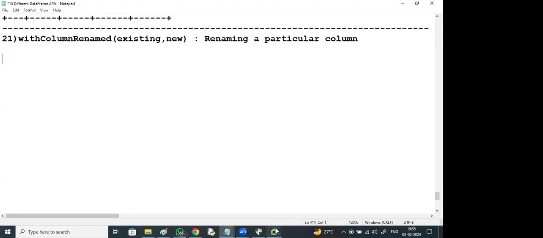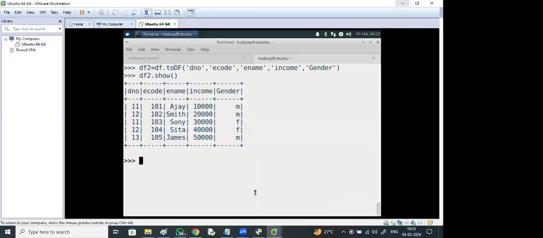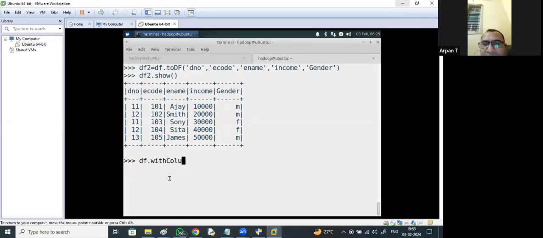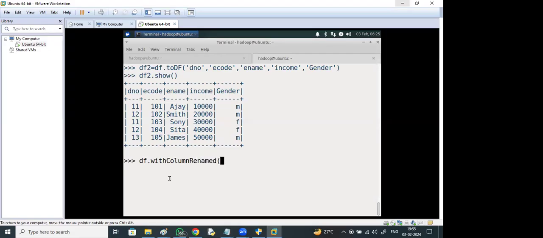For example, df dot withColumnRenamed, with what name? Employee name.